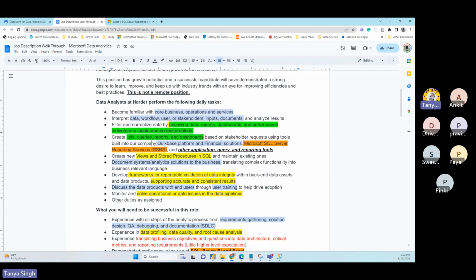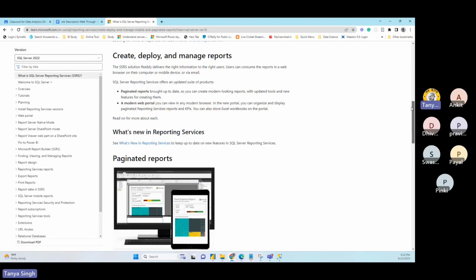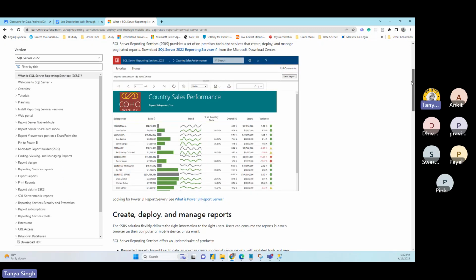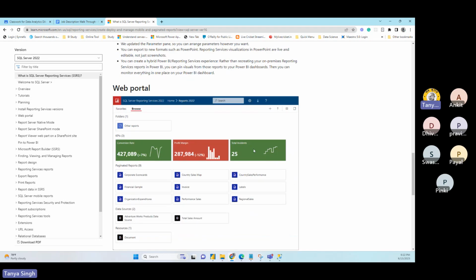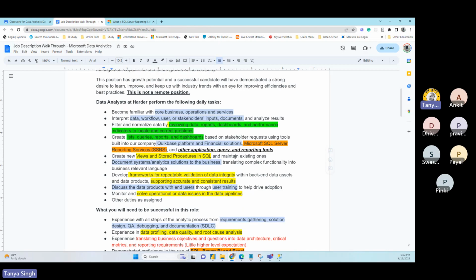Here they are talking about a QuickBase platform with a financial solution. Usually what we see over here is this is your report, right? Running there. But if you see here, that report might be embedded in their application. Like when you open any fitness tracker, you see the different dashboards and reports. Basically those dashboards and reports have been embedded in that application, right? That you can access from the web or mobile application. So those things also come into the picture. That's what they are talking about.